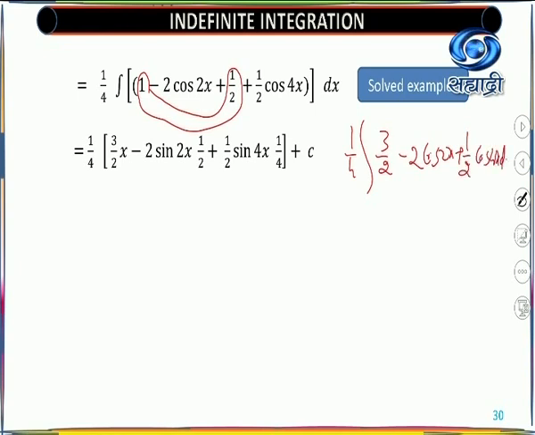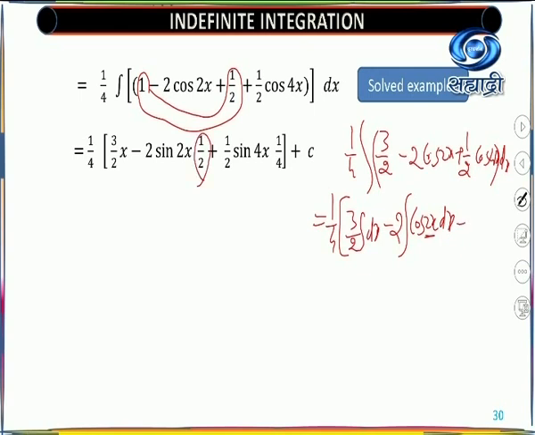Now look at here. That is separation, 3 by 2 as it is. Integration of dx is x, and take minus 2 out of the integral sign. That means 1 upon 4 complete bracket. You will get 3 by 2 integral dx, which gives you x. Then you take minus 2 common. You will get cos 2x dx. You know that derivative of sine is cos. So you will get sine 2x, and this is a linear function. So what is the multiple of x? That is 2, so you will get 1 by 2 here.